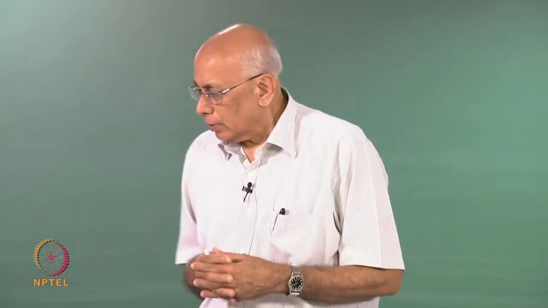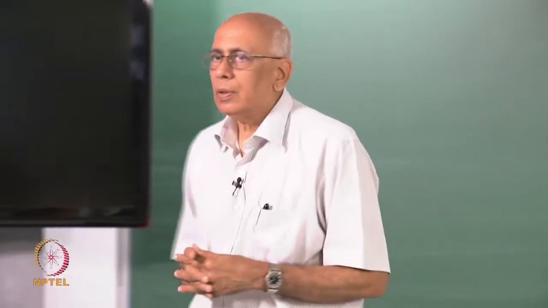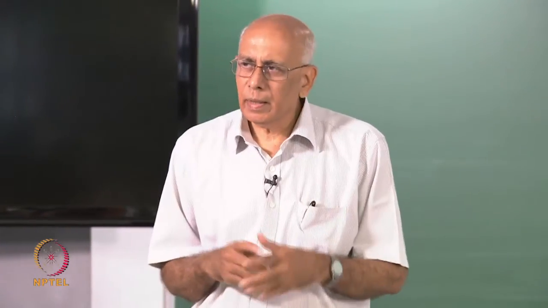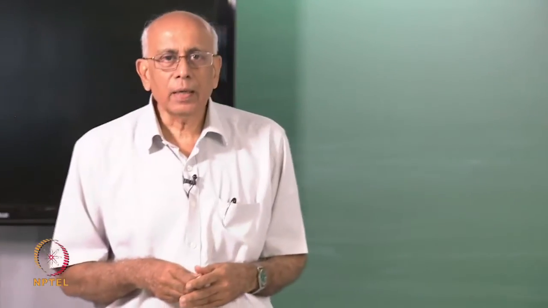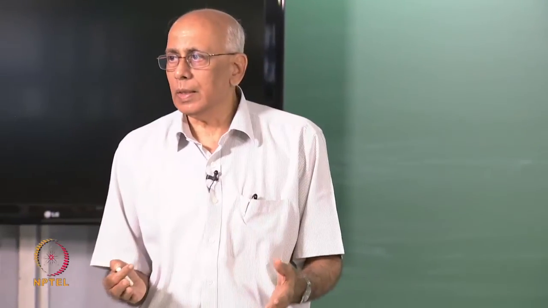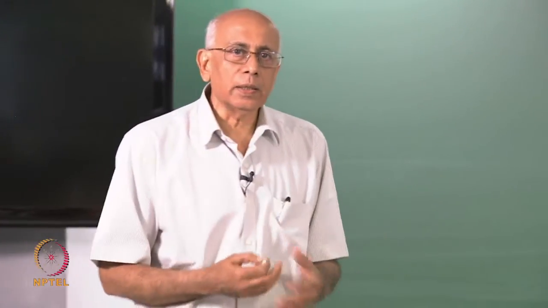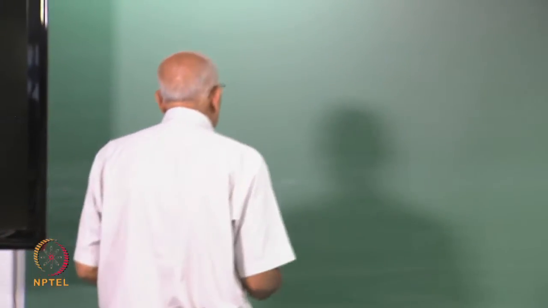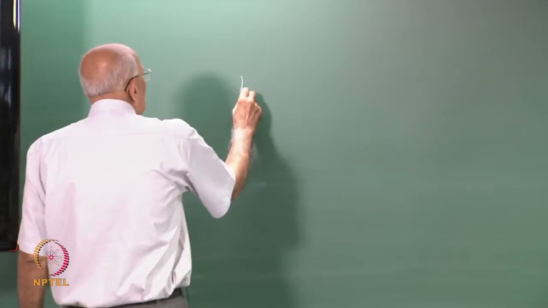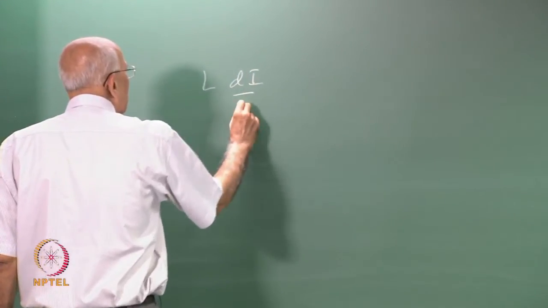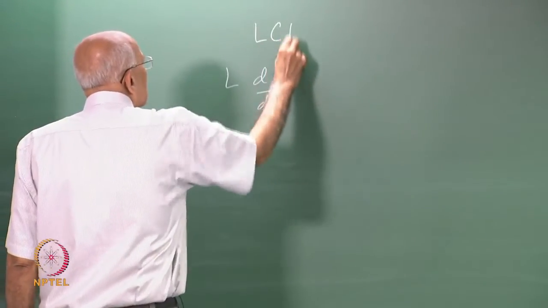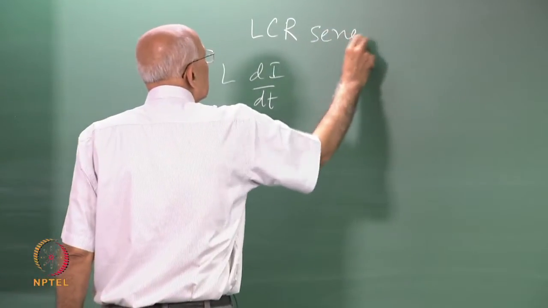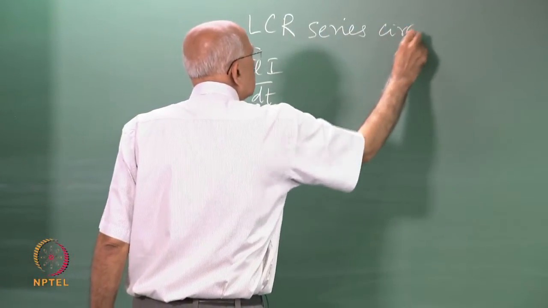Okay. Now just to give you a feel for a very specific example, let us take an extremely simple case, a very standard example, the damped simple harmonic oscillator, or in the electrical analogy the LCR circuit. And a typical LCR circuit with a voltage attached to it is going to look like the differential equation is this. So LCR series circuit,